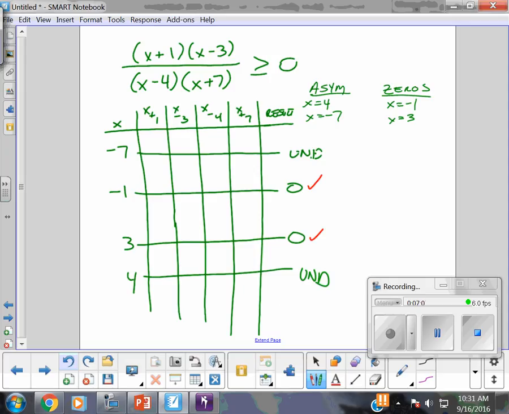I think of a number left of negative 7. How about negative 1,000? I think that in my head. Negative 1,000 plus 1, negative. Negative 1,000 minus 3, negative. Negative 1,000 minus 4, negative. Negative 1,000 plus 7, negative. That's just the sign of the number. I don't care about its value. When I multiply 4 negatives, negative times a negative times a negative times a negative,